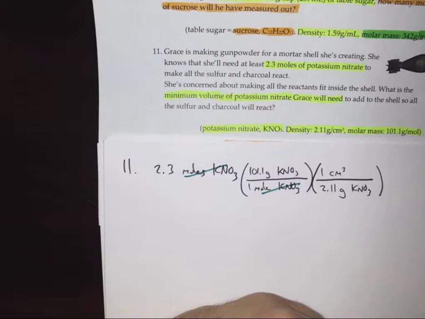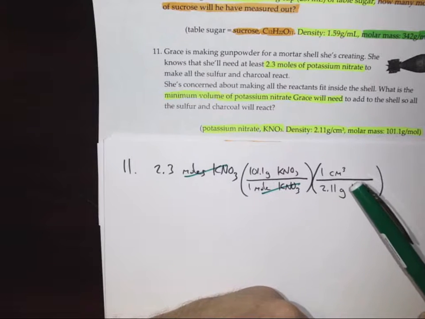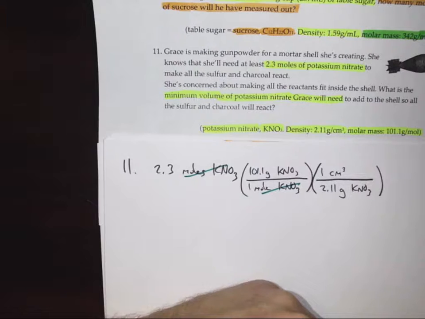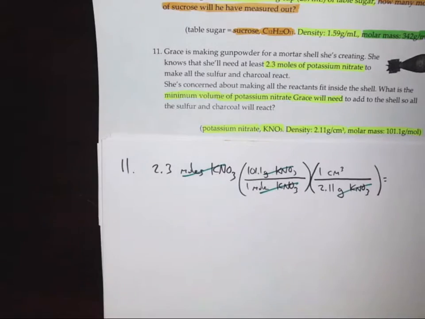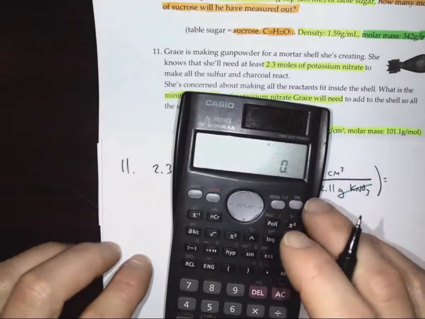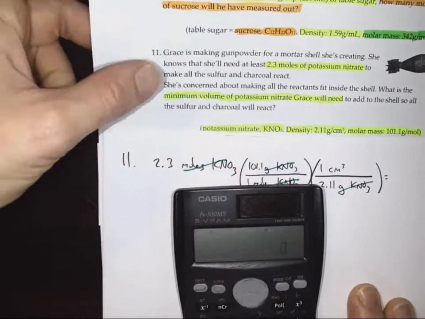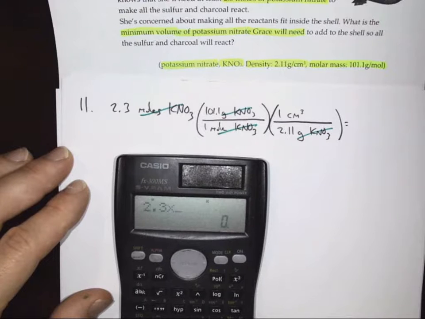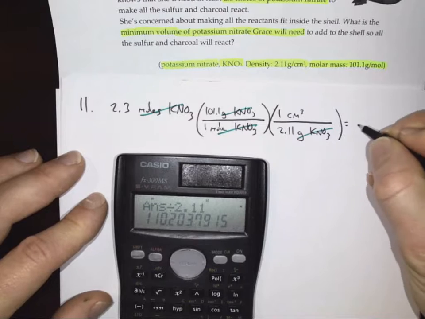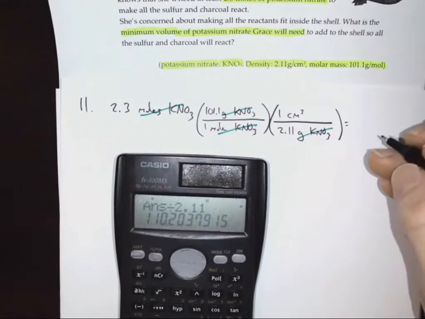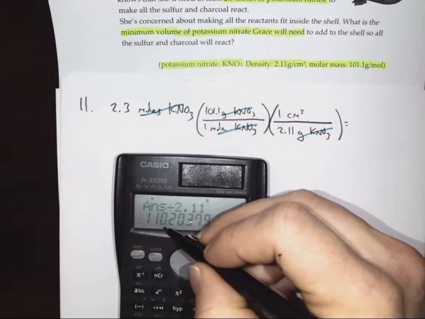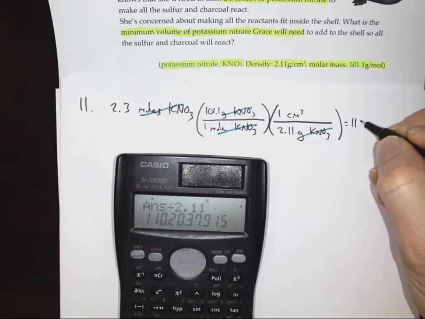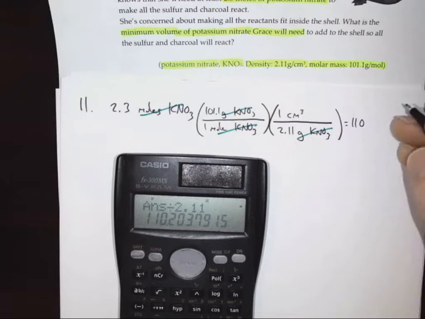Okay. And so as this conversion factor is set up, we'll be dividing by the value 2.11. And lastly, our grams of potassium nitrate cancel out. Okay. So just grab a calculator and punch this stuff in. So I've got 2.3 multiplied by 101.1, and I'll divide it by 2.11. And I get a value. I should be rounding it to 2 significant figures. So 110 shows me 2 significant figures here, and the units here are cubic centimeters